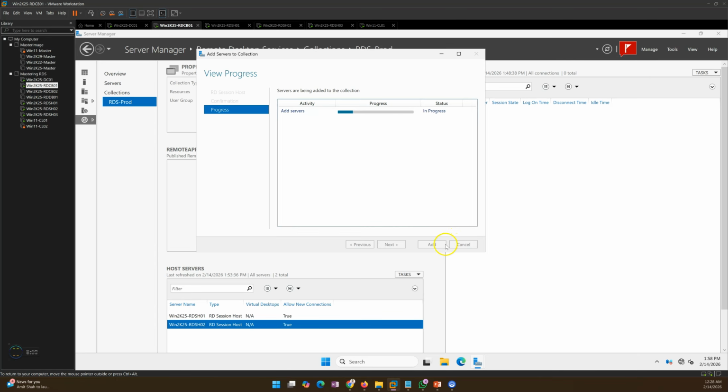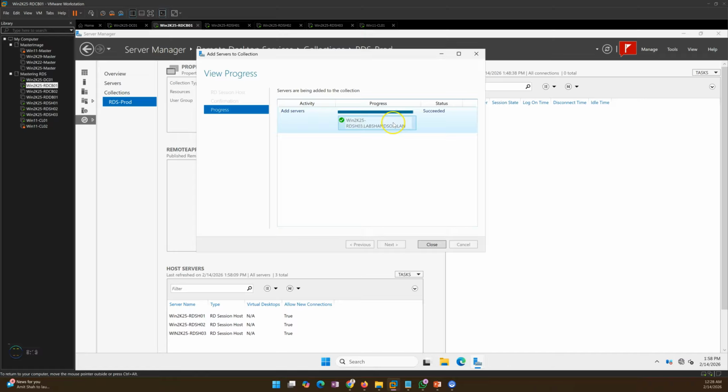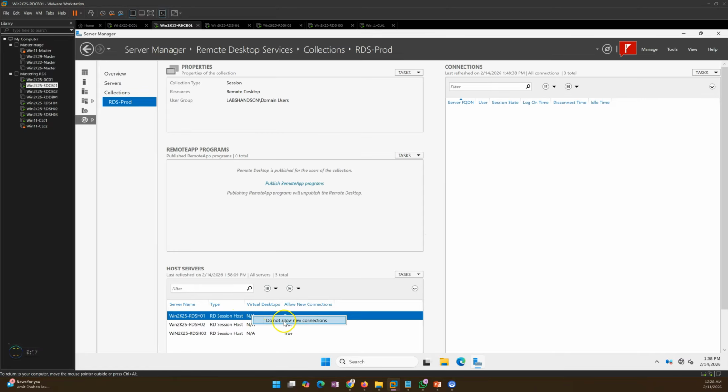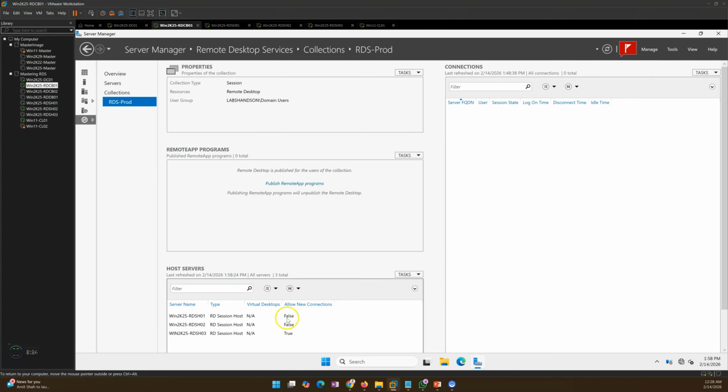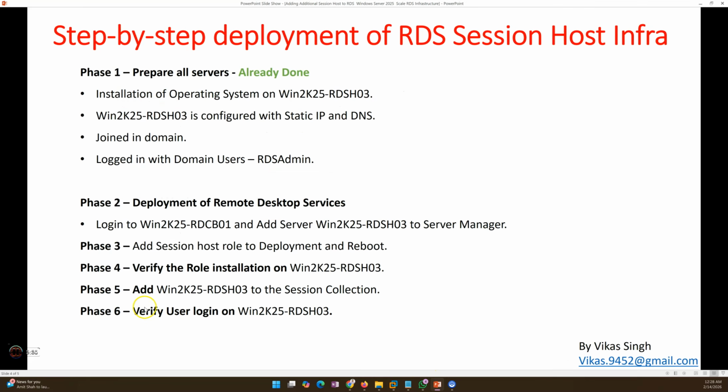Now to test that RD3 is working fine, basically I'll disable session host 1 and 2 from this farm, and then we will verify the connection is going to RD3. So this is good. We can see here succeeded. So I'll disable, do not allow new connections, on session host 1 and session host 2. Now this session host 3 is the only one in production, so I'll go ahead and test this from my